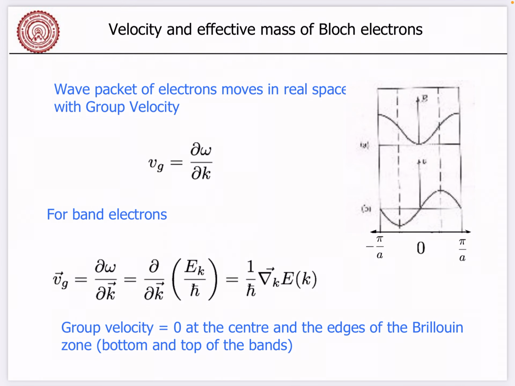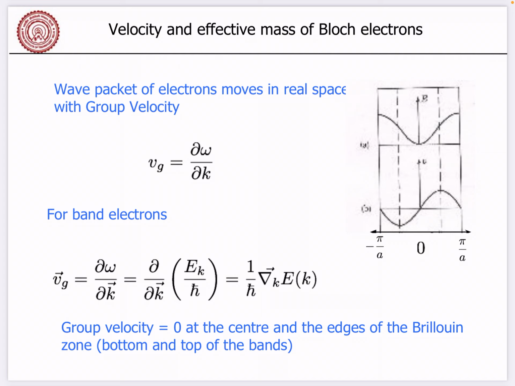Okay, so welcome to lecture 8 for this PYL 102. Today we'll be discussing the velocity and effective mass of Bloch electrons, right? What we have seen is that energy versus k, there is a dispersion relation, which is very interesting. The dispersion relation shows that the energy